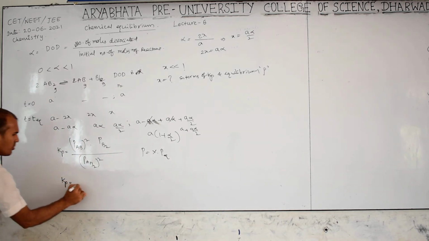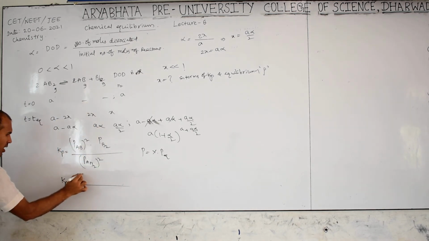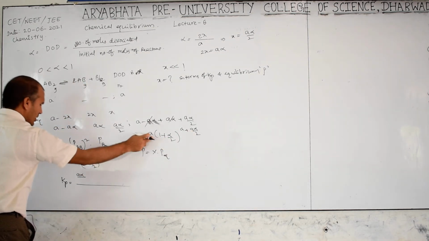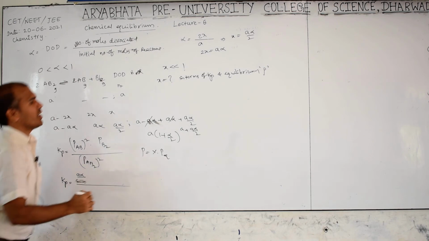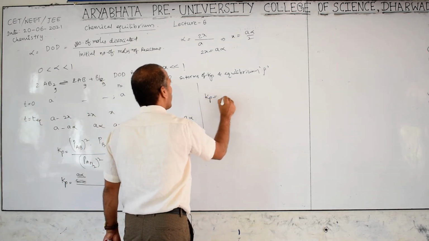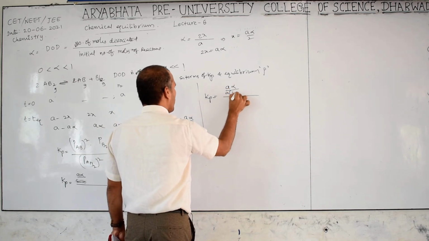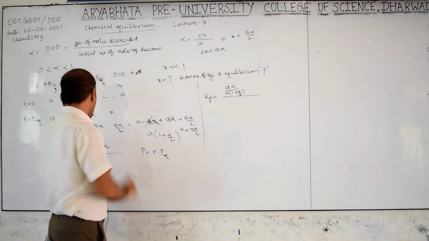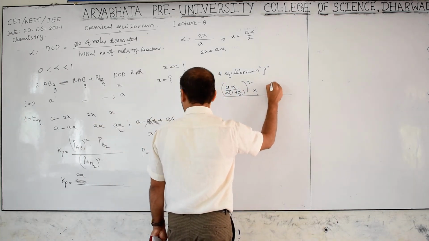Now Kp is equal to AB, what is that? A alpha by total at equilibrium, total number of moles. Let me write here better: Kp is equal to AB is A alpha by A into 1 plus alpha by 2, squared, then multiply by P, all A alpha by 2